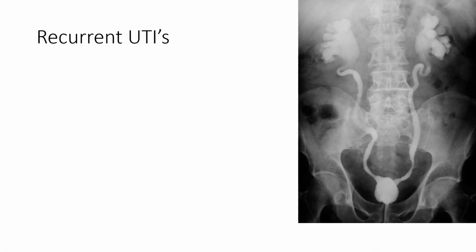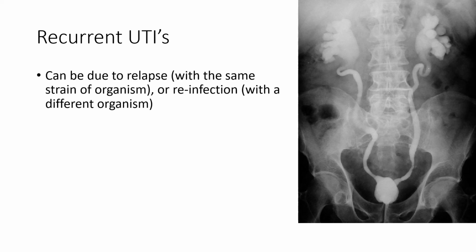So recurrent urinary tract infections, what we've got there is a urogram. Your patient's been given some radio contrast dye, so you can have a look at the kidneys and the ureters and into the bladder, just to see if there's any blockage or any stenosis anywhere. So recurrent UTIs can be due to a relapse with the same strain of organism, or reinfection with a different